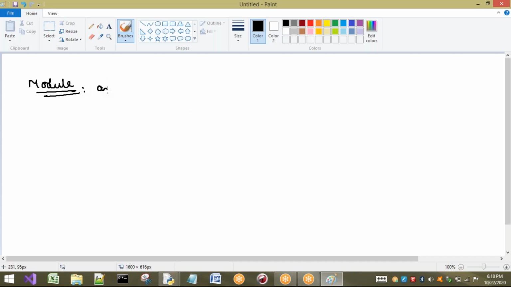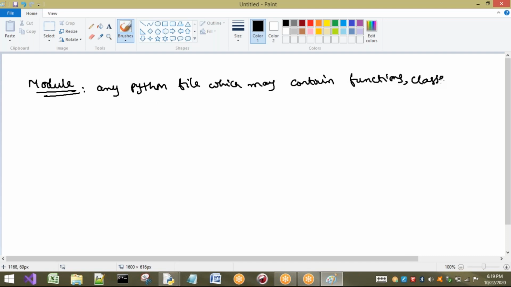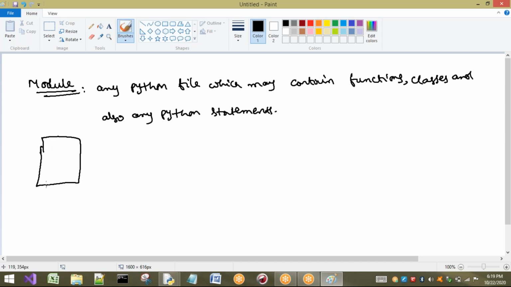A module is any Python file which may contain functions, classes, and also any Python statement or statements. This is a module. If I want to say anything is a Python module, it should be like .py.